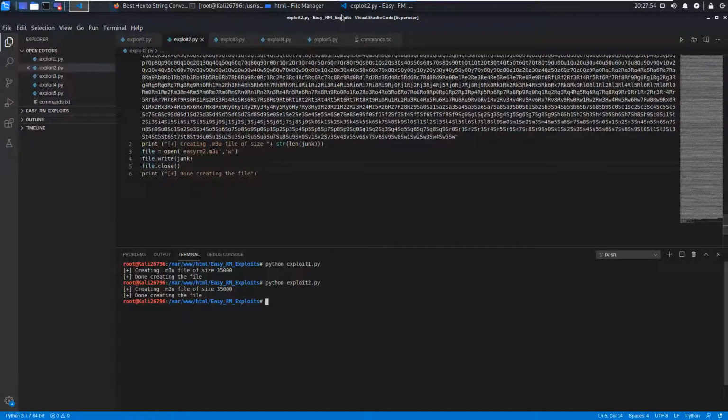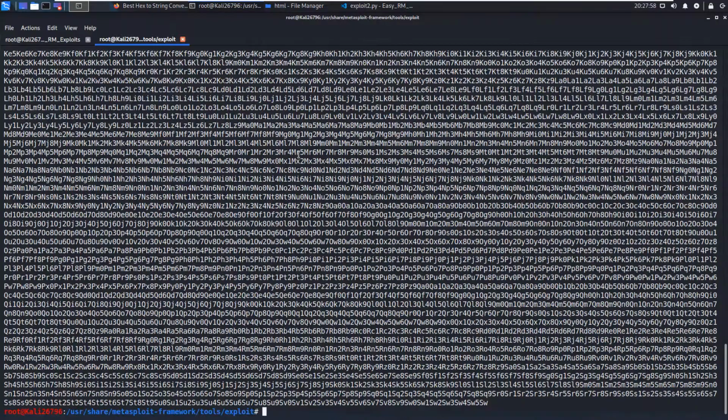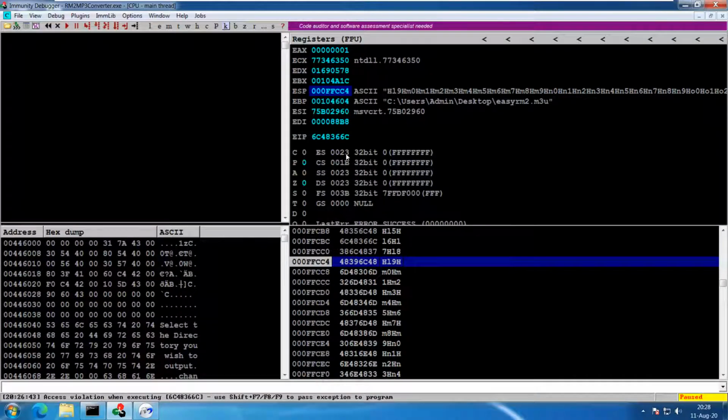Moving back to my Kali machine, I will go to the same directory where I had this Ruby script, clear out this clutter, and in the same directory we have the script called pattern_offset.rb. The length is 35,000, and the query I want to make is to find where this particular pattern is occurring, L6HL. I hope I am correct, L6HL.